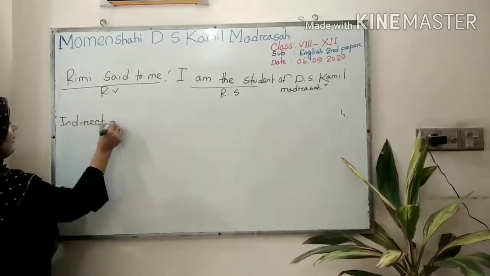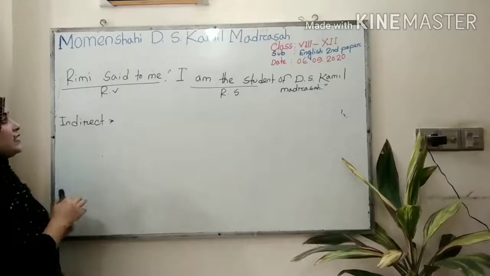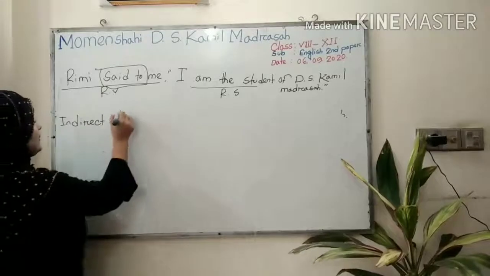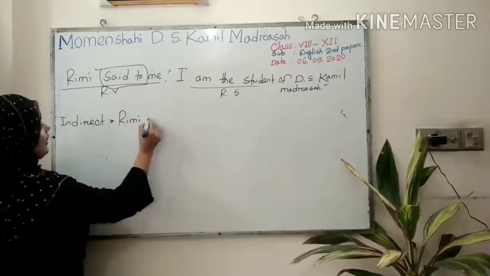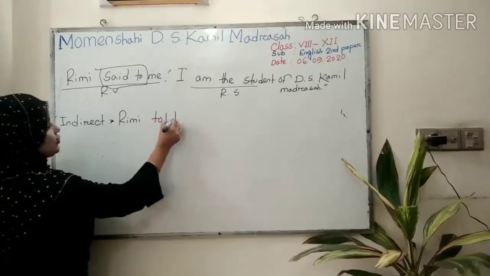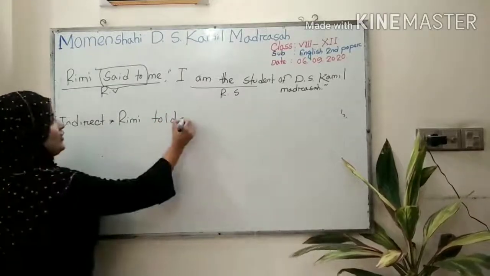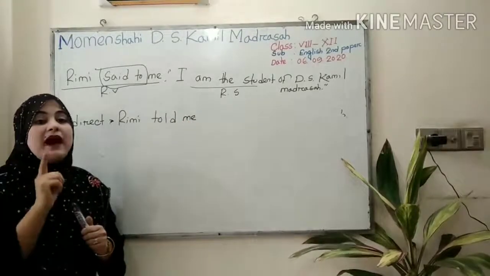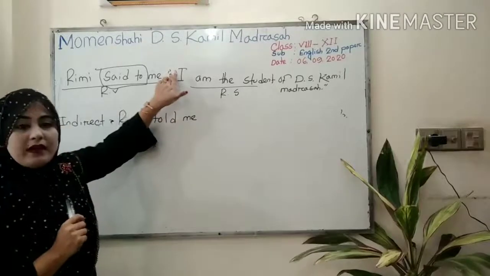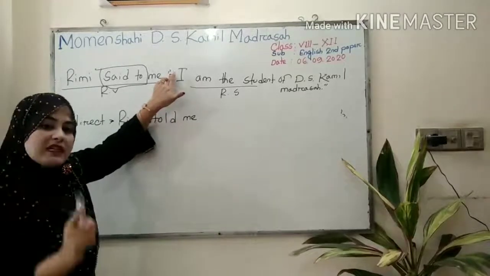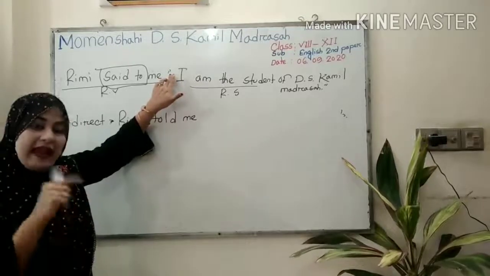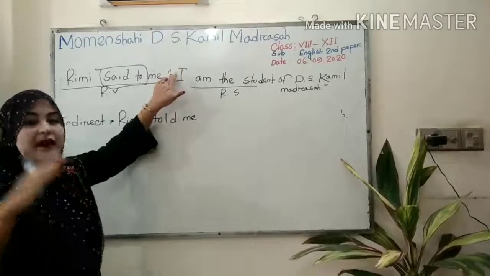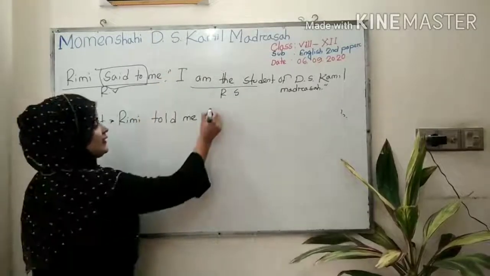What I said or what I do, look, in direct narration, you just omit said to, and you have to write there told and then the object. And most important, the inverted comma must be omitted from here, and you have to use in lieu of the inverted comma, that is that.